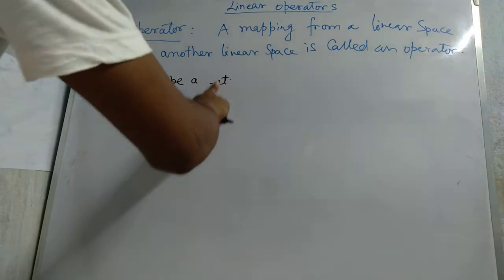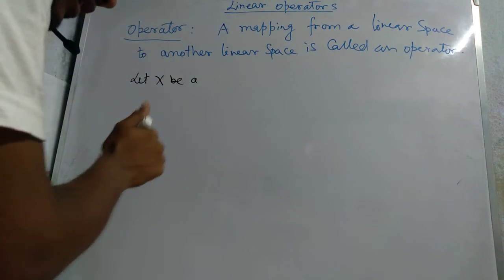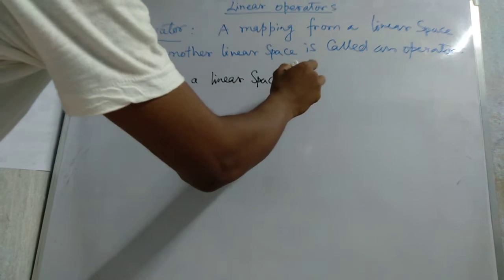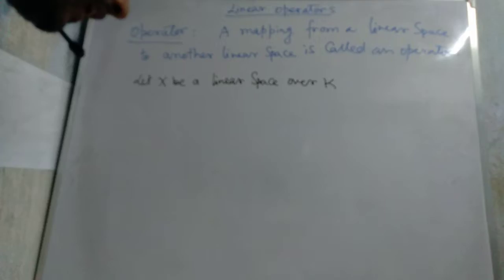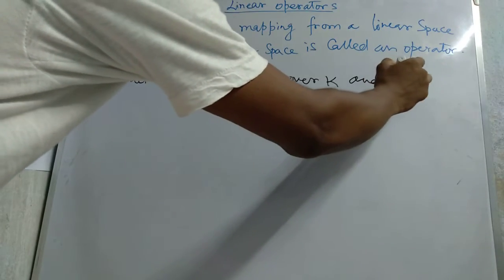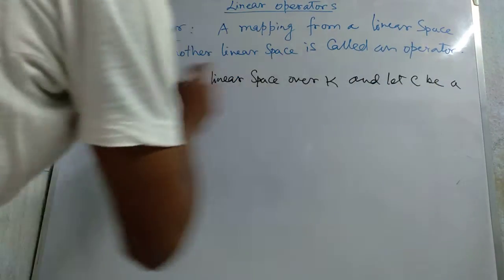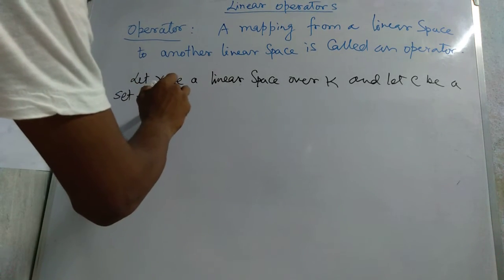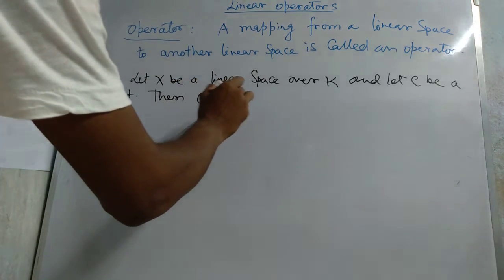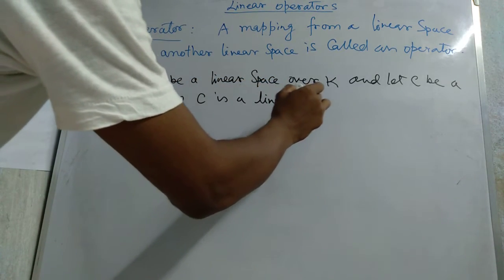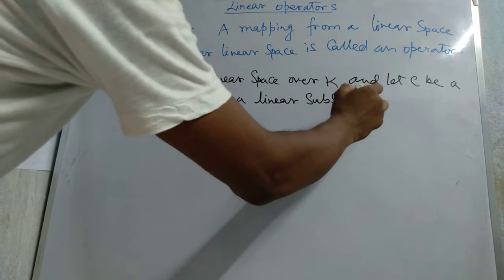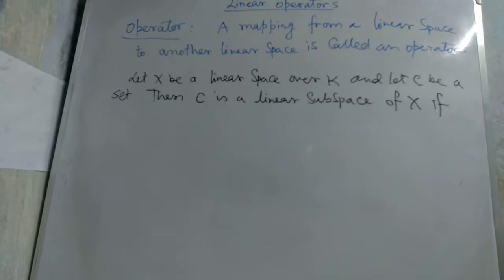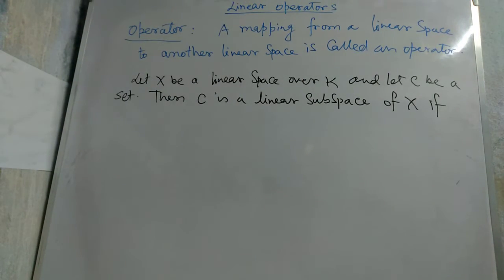Let X be a linear space over K and let C be a set. Then C is a linear subspace of X if